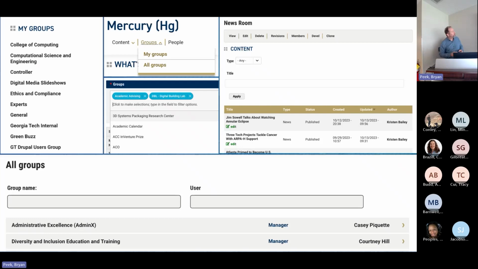So I was hoping to be able to point to things, which I can't really, but there's a couple of things to note here. There's a few widgets associated with groups that appear on the website. And the main thing to note is that there is a groups index. So if you need to be associated with a particular group, or if you need something from a particular group, you can go through the index and search for the group name, and it'll list whoever manages the group, and you can contact them and ask them whatever it is you need to ask them.